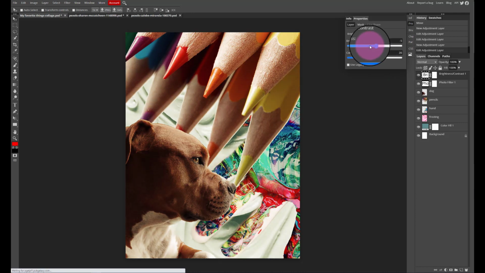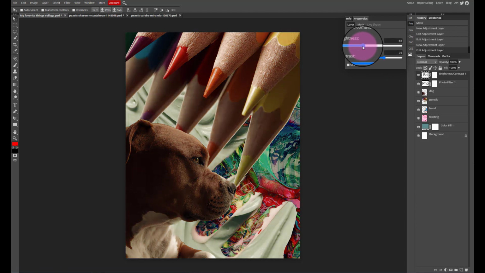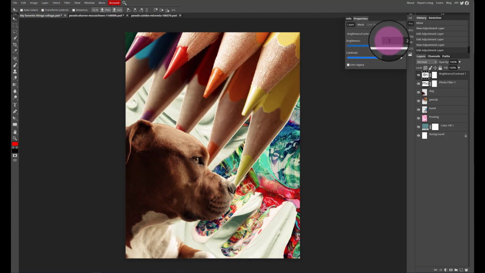For brightness, if I drag the slider to the left, you can see my image is darkening up completely. So I'm actually going to leave brightness at the default 0, and I'm going to increase my contrast just a little bit up to about 40 points here. You guys are obviously going to adjust your contrast depending on what you see in front of you. Okay,